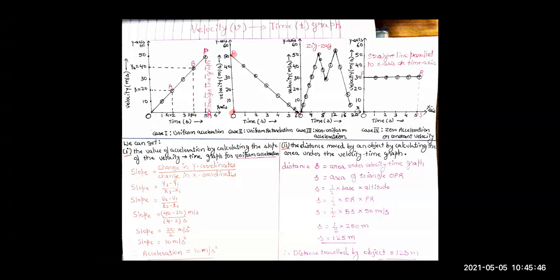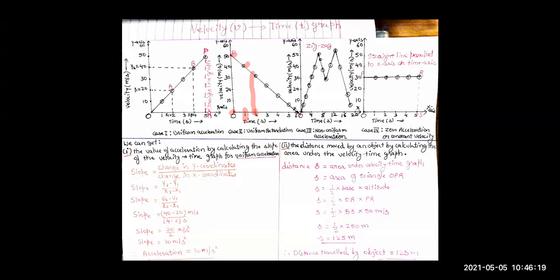meter per second. Then at time t equals 1 second, the object's velocity has decreased by 10 meter per second, and from 50 it has become 40. Then at time t equals 2 seconds, its velocity has become 30. So again there is a decrease of 10 meter per second, from 40 to 30. So how much change? The change is 10 meter per second, right?